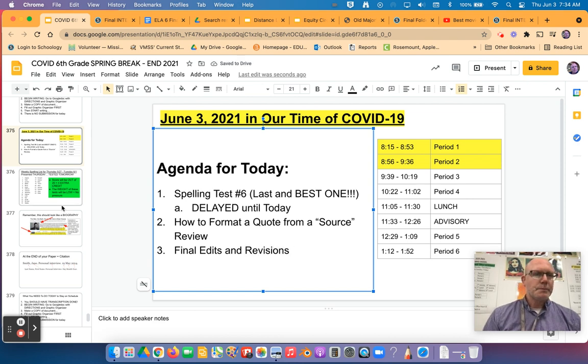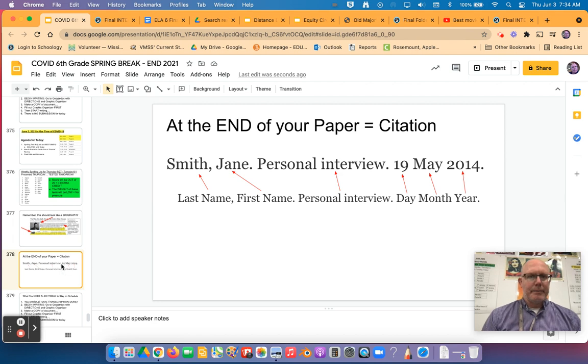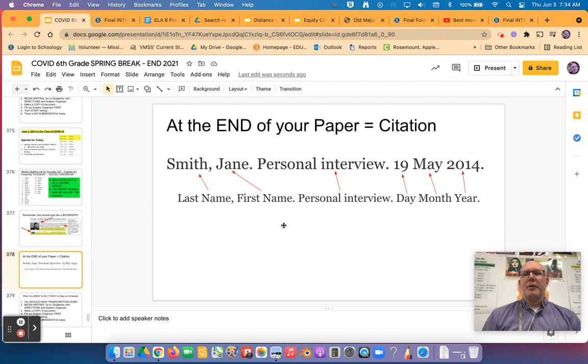Okay, so here's the spelling test. I want to remind you that our whole point is that this has a picture, this has a title, this has paragraphs. That's important. And right here, you click on wrap text. That's how you're going to do this. At the end of your paper, I would like a citation.